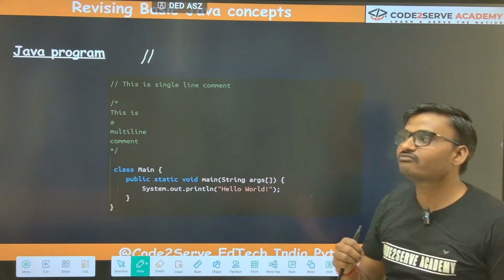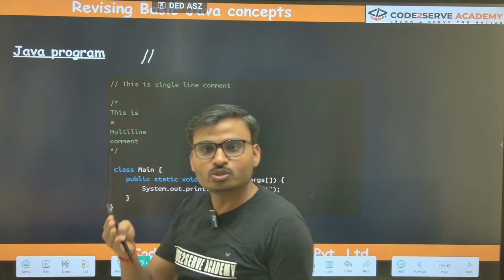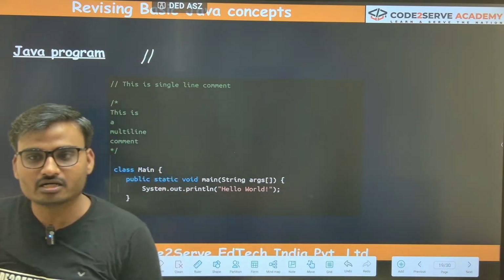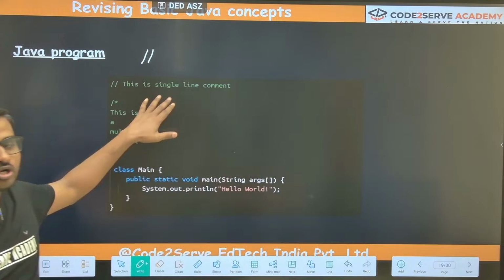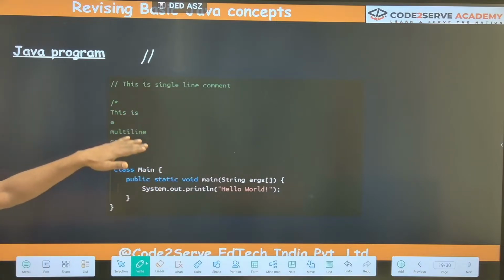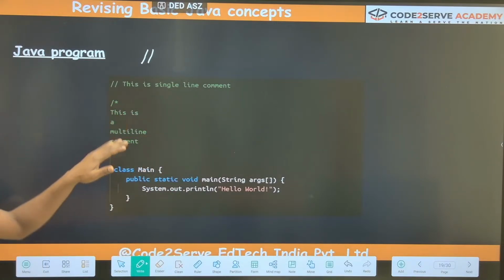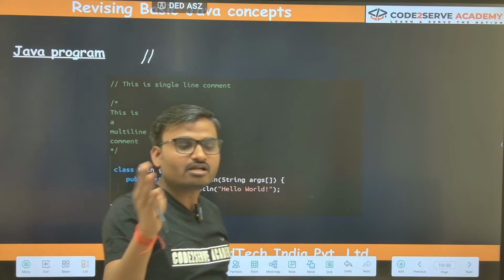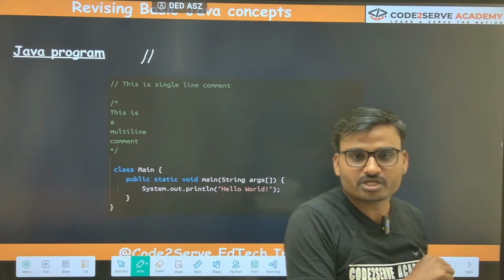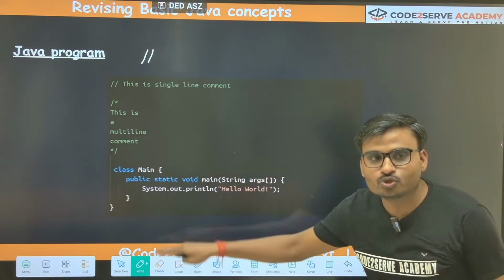Suppose today you are working for Facebook, tomorrow you will be working for Flipkart or Amazon. So you wrote this code when you were working in Amazon or Facebook, and after a few years you left the company and switched to another company. Got my point?